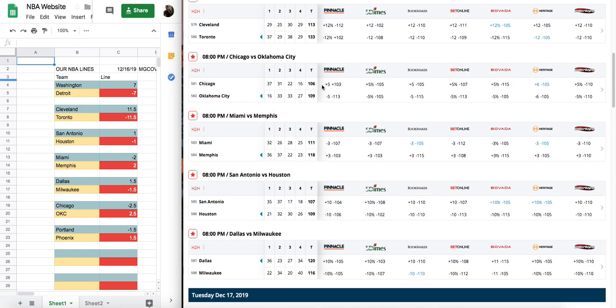So you go +4, +3, +2, +1, 0, -1, -2.5. So the total point differential there is 7.5 points. So that would favor Chicago. So that would have been a winner. They actually lost the game, but they covered. And then the next game,